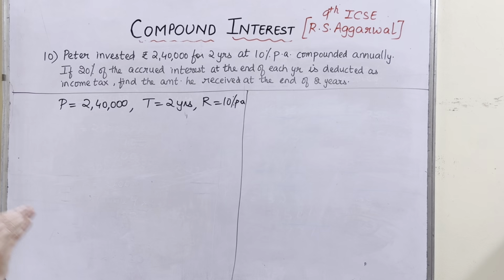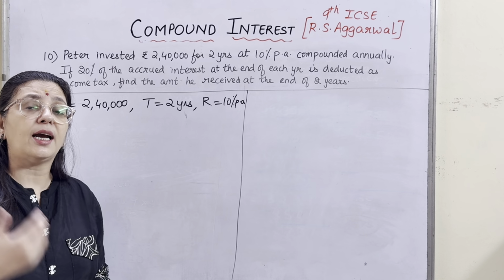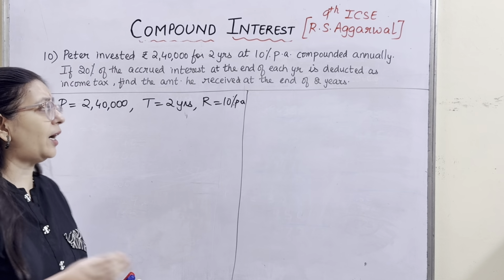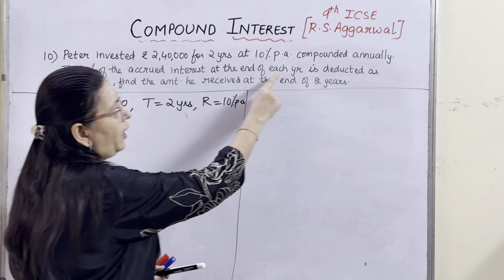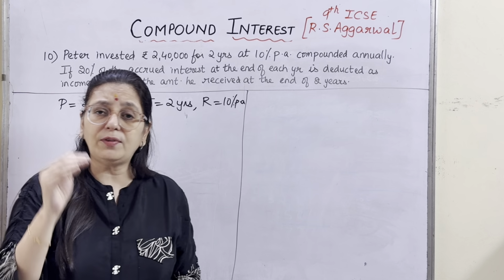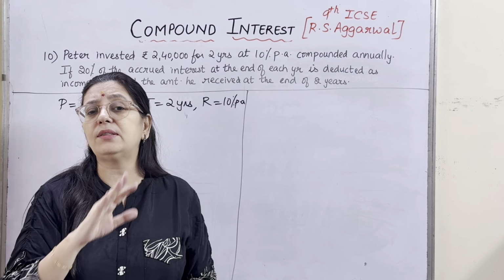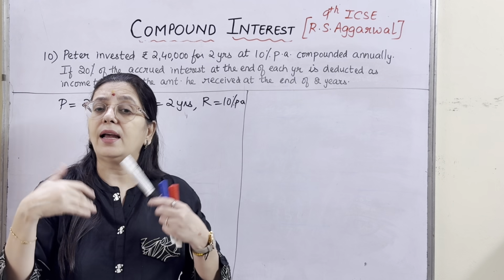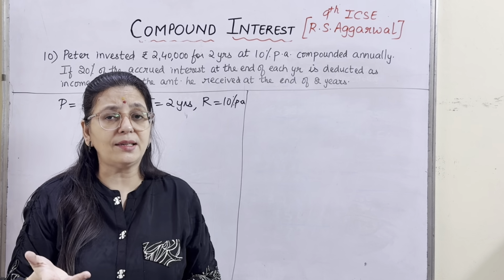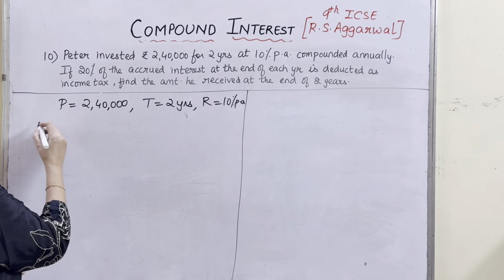If 20% of the accrued interest, whatever interest he has to pay, out of that 20% at the end of each year is deducted as income tax. So whatever interest he has to pay, from that 20% is deducted as income tax, and you have to find the balance after deducting this. Okay, let's do it for the first year. For the first year,